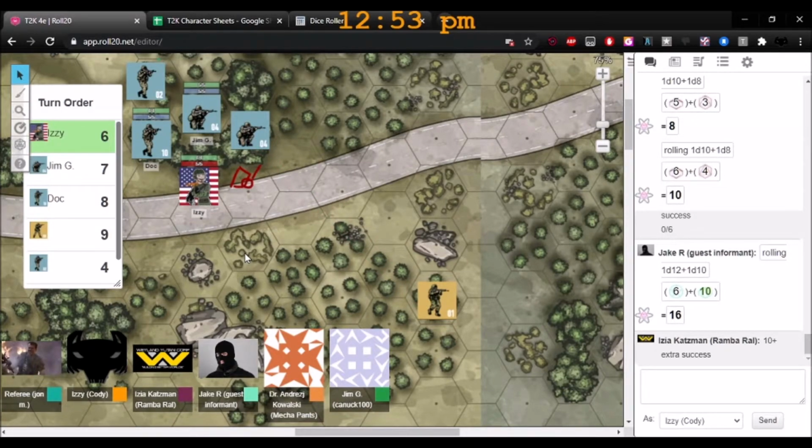Okay, Izzy. So there's been a few things going on. You heard Yosef indicate direction and ask for suppression. Jake also shouted out a couple quick words about someone on the low ground not far away. Okay. Can I run here and then be able to shoot this guy? Well, let's see. You can run two hexes without any mobility roll, I think it said. So 20 meters, no problem. But if you want to run extra hexes, you have to make a mobility roll.